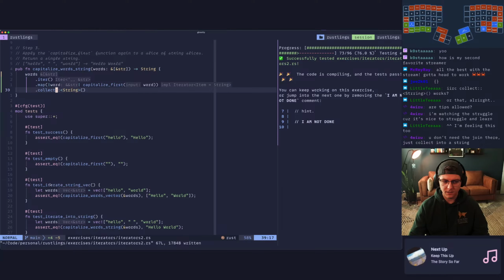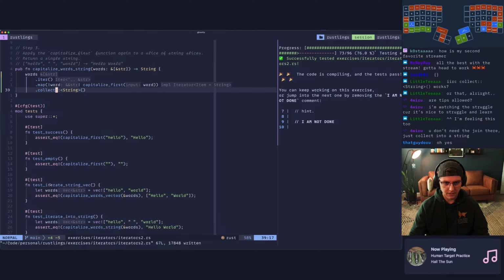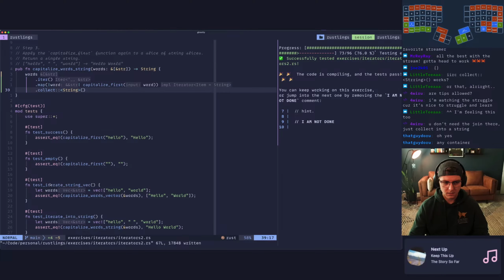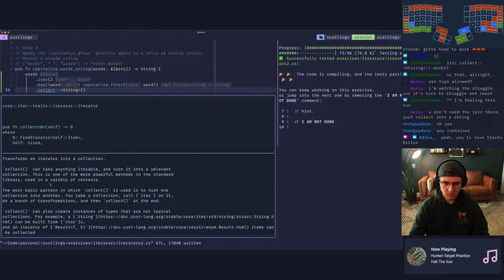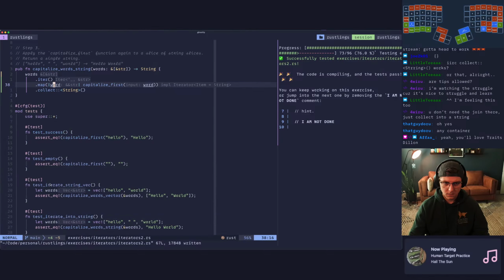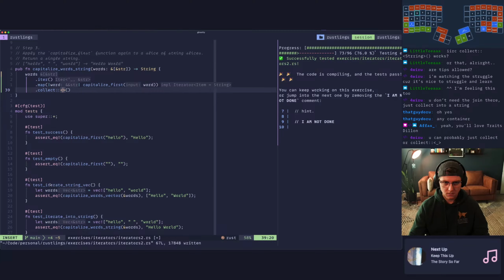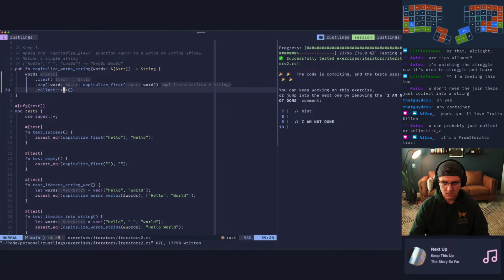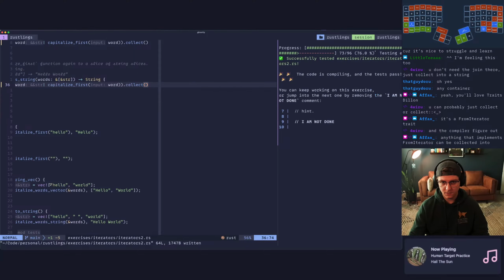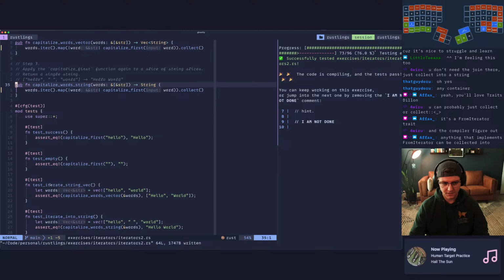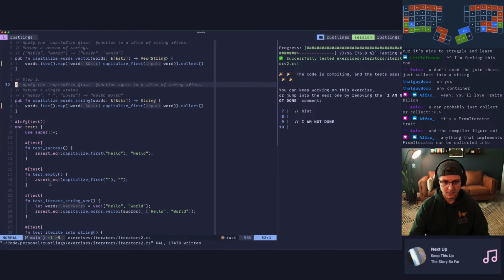That's different than anything I've ever done. Wow, that's wild. That works too. It can probably infer it from the return definition. Dang, that's really cool.